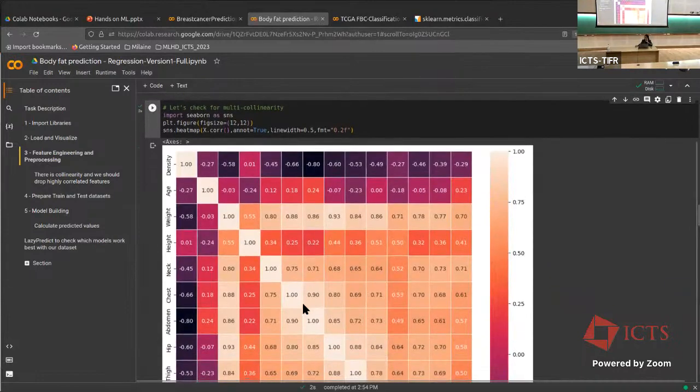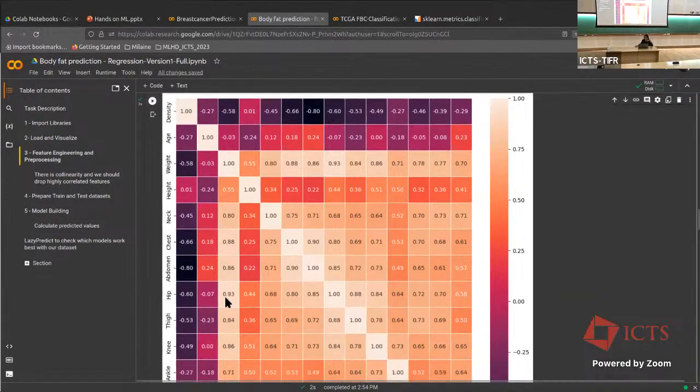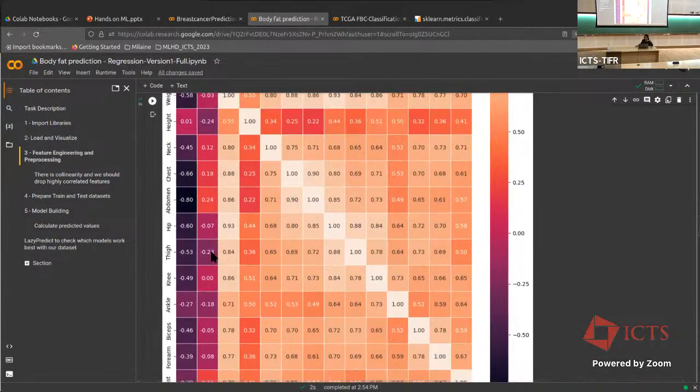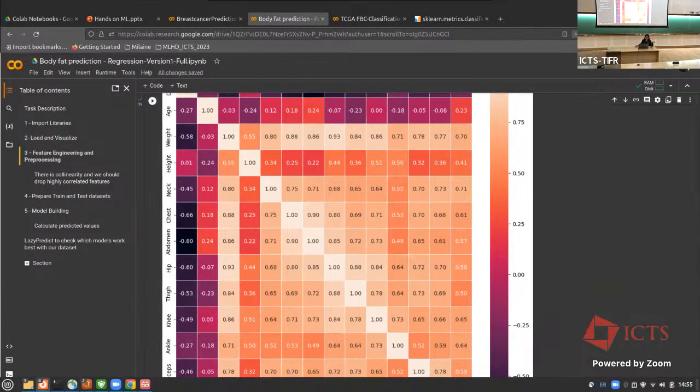So what I'm doing is I'm going to drop all those that are more than 80% correlated. In fact, what I did, without removing any of them, I ran the algorithms, and after removing those that were more than 80% correlated, if two are too highly correlated, I remove one of them, it's the same performance. So basically, these features are not contributing anything. So it's good, you can remove them. Sometimes they use more than 90%. In this one, I've used 80%. So you'll see some of them will be above 80, like 0.86 between these two features. This one is abdomen, and this is weight. In fact, you'll see weight is quite correlated with thigh, with knee, with abdomen, with chest, etc. So basically, there's no point in keeping weight because